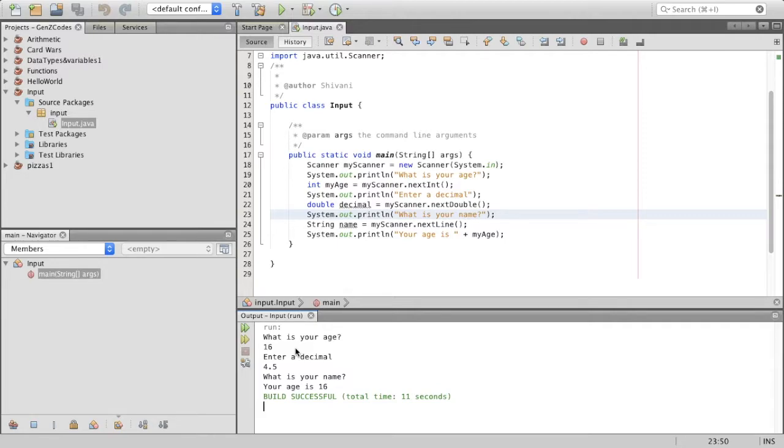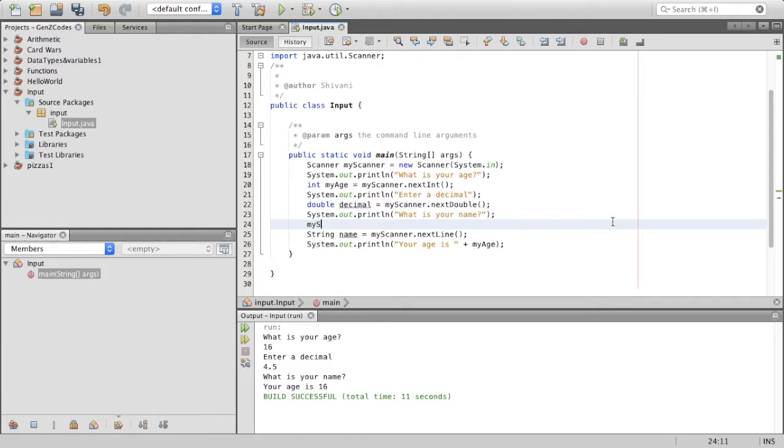So to keep this from happening, we just put an extra nextLine method in the code to strip off the straggling newline character. Then the subsequent nextLine method will get the string input that you really want. Notice we only have to do this when a nextLine is preceded by a numeric input of some kind. So over here, after this, I would say myScanner